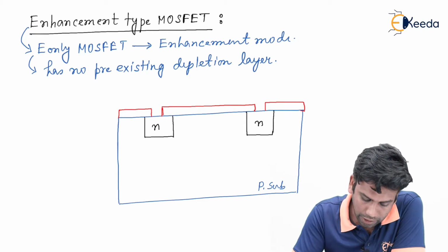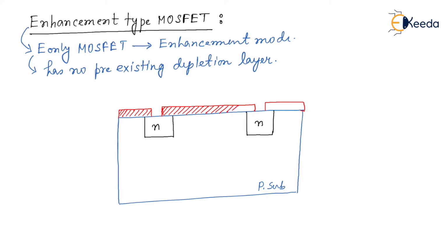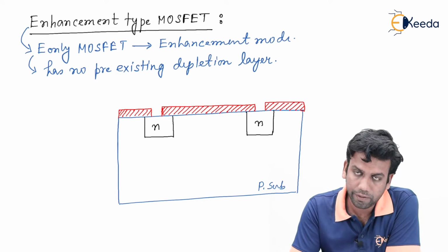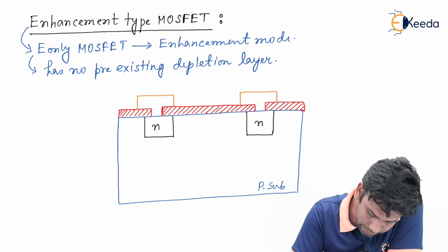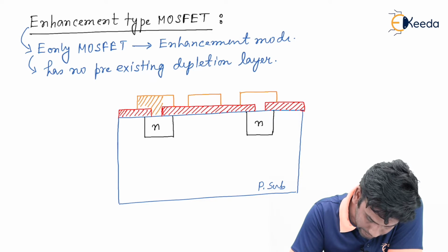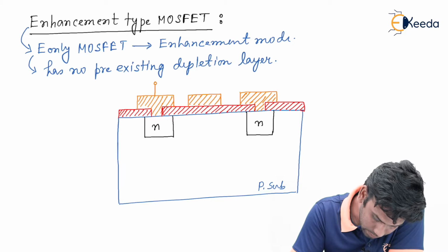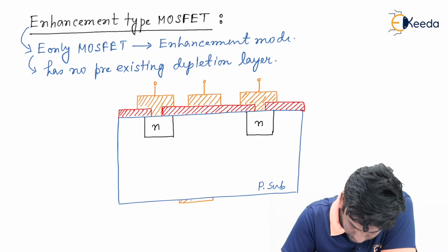So this is the silicon dioxide layer that I have drawn in the red color, and over this silicon dioxide layer we will give a metal layer like this. There will be a metal layer and there will also be a metal layer like this, and there is a third metal layer here. So the orange color layer is the metal layer. A metal connection will be taken out from the three metal layers, and there is another metal layer made here with the substrate,